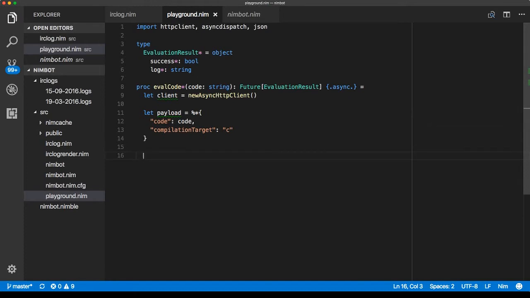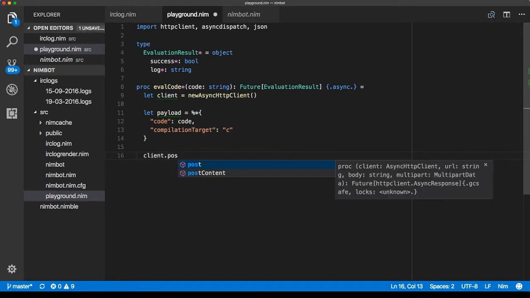And we can continue. So client dot. Let's see if we can get some autocomplete, and yes we can. So post takes the client, which we've supplied, a URL, a body, a multipart, which I think is optional, and it gives us a future back, which is fine. What about post content? Okay, so the only difference is the return type. Post gives us the async response, and post content gives us just a string, which makes me wonder,